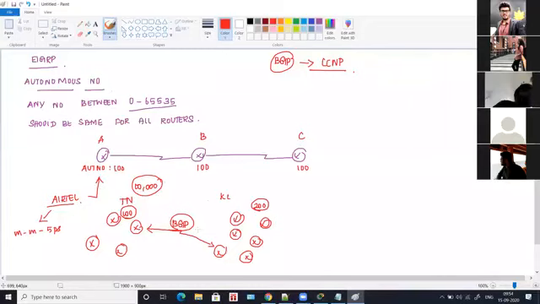Okay, I'll tell you once again. So autonomous number is nothing but a number that is the same for all the routers. And why do we keep this number the same for all the routers? In case you wanted to implement something in all the routers, then you take the help of autonomous number. So using autonomous number, you are implementing a scheme or anything to all the routers. So this is EIGRP. This particular thing is EIGRP.